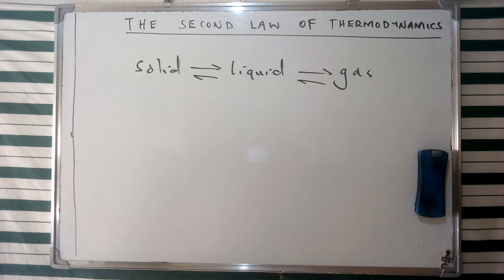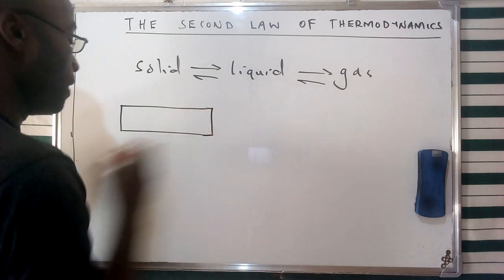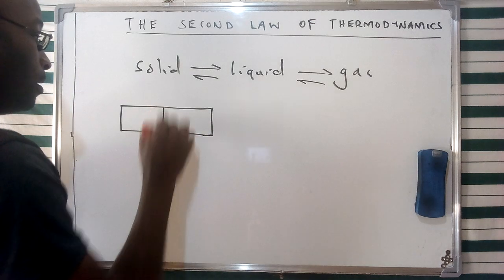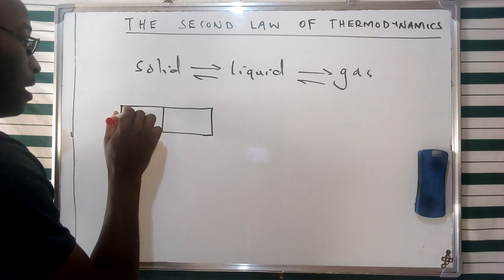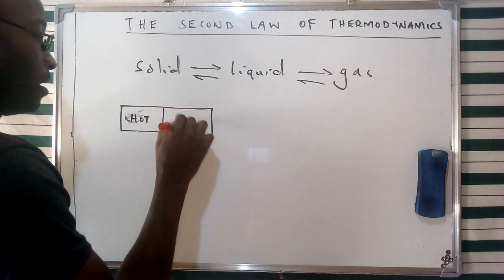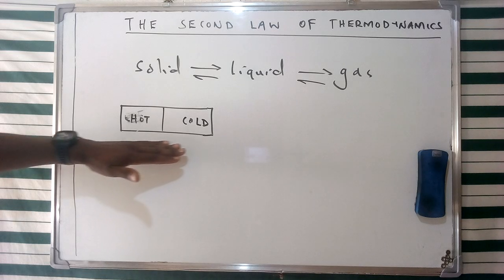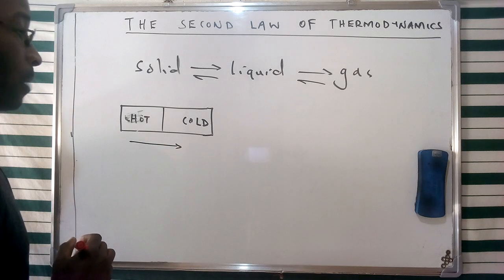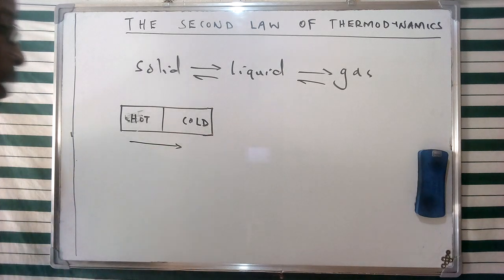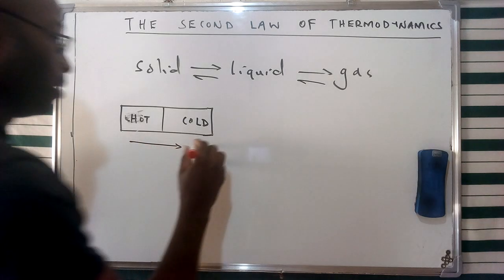Now, in our description of this second law of thermodynamics, I'm going to use just a simple illustration, whereby we have a metal bar, given using this illustration, and one end of this metal bar is hot, so there's a difference in temperature between these two ends of the metal bar. We're going to see that naturally there's going to be flow of heat from this particular end towards this end for a cold part, whereby this heat energy is going to flow until the temperature,